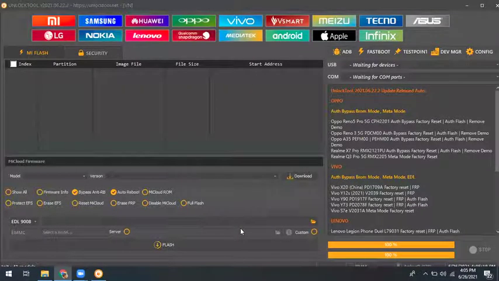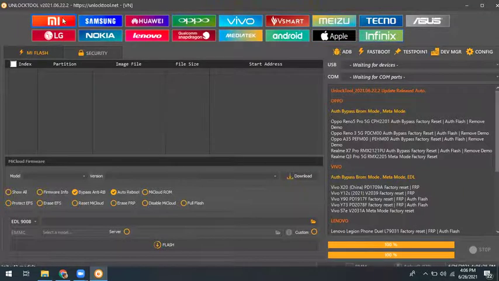Okay, so guys, it is our unlock tool. In it you have a number of brands here: MI, Samsung, Huawei, Oppo, Vivo, V Smarts, Meizu, Techno, Asus, LG, Nokia, Lenovo, and these two tabs, Qualcomm, Snapdragon and MediaTek, that can be used for flashing and unlocking purposes. Android and Apple: in these two tabs you can extract your file in the Apple tab, and Phoenix is also supported in this tool.